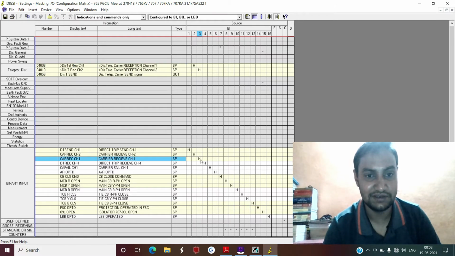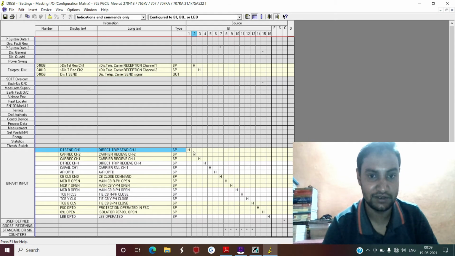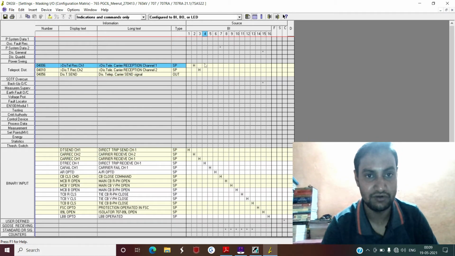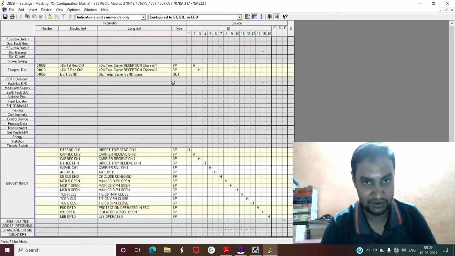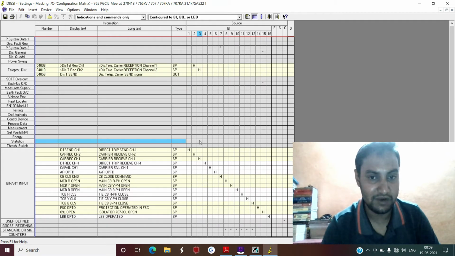Similarly, the next one, carrier receive channel 1, is configured to the next signal. Here the nomenclature is not correct. Basically, this is channel 2, it should have been configured here, and channel 1 should have been configured over here. So whenever you configure any signal from this point, and you select the same signal at some other point, since this is your output signal, you cannot configure this output signal as input.